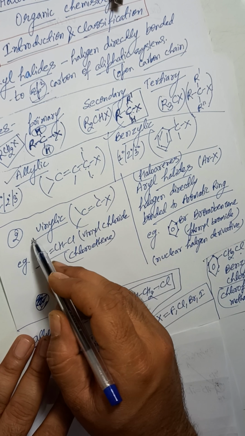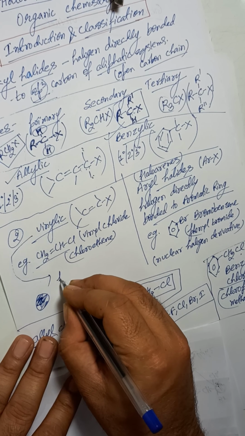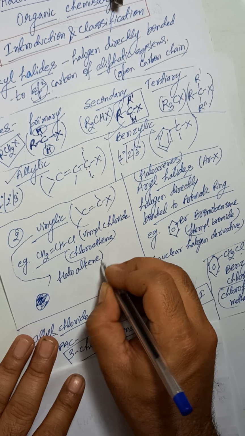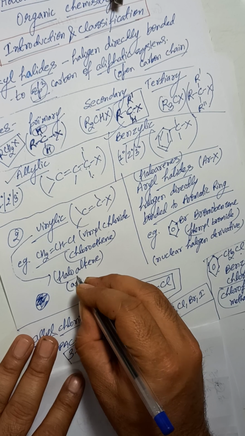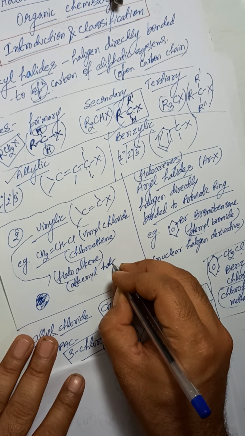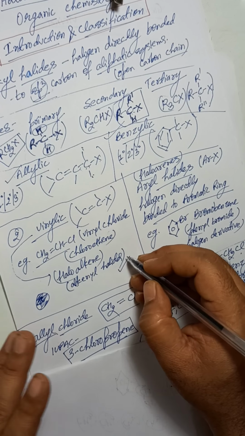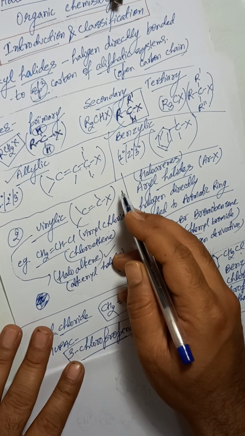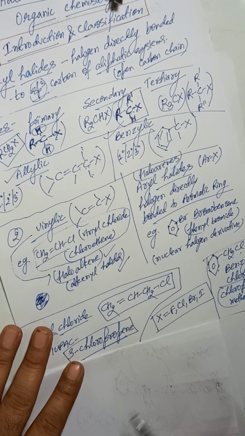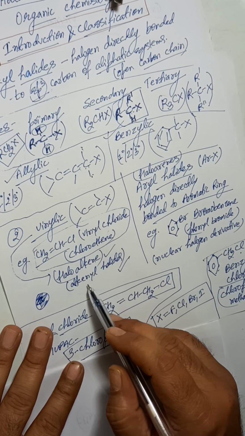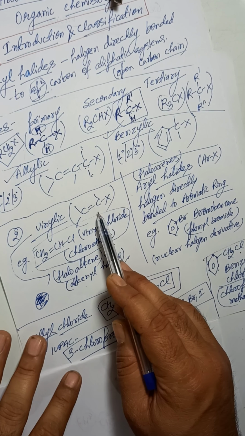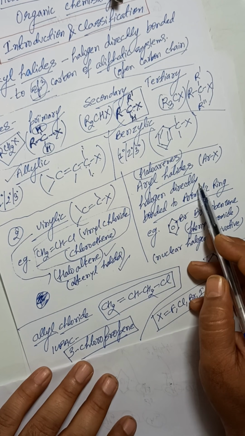We can call these vinylic things haloalkenes. We can call them alkynyl halides. There are types of that, and this is the simplest example. Go through these terms: haloalkene, alkynyl halide, vinylic halide, halogen directly bonded to a doubly bonded system, halogen directly bonded